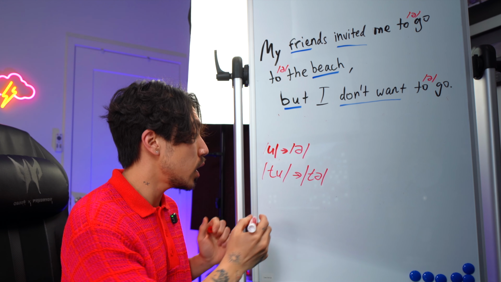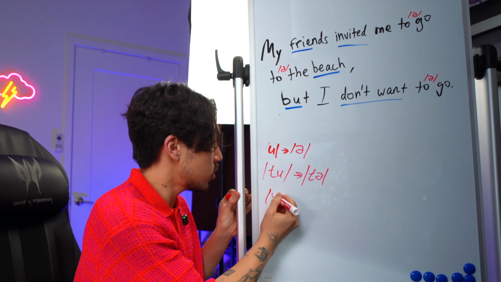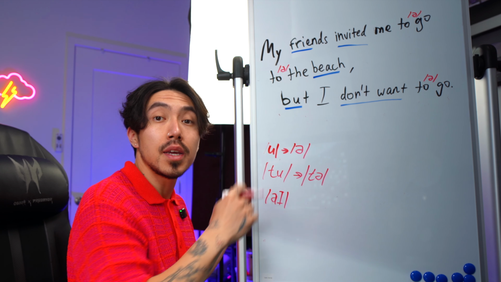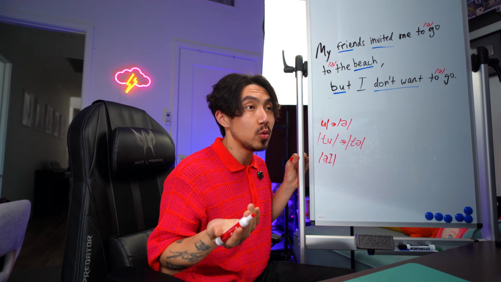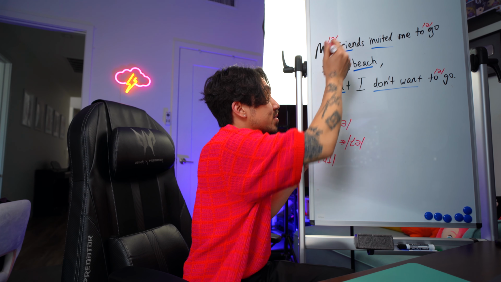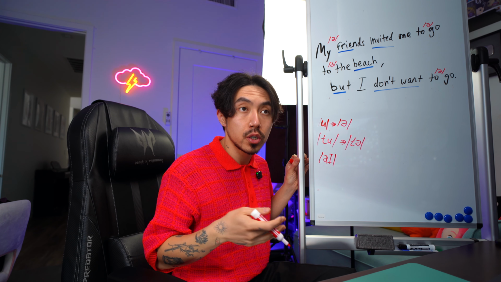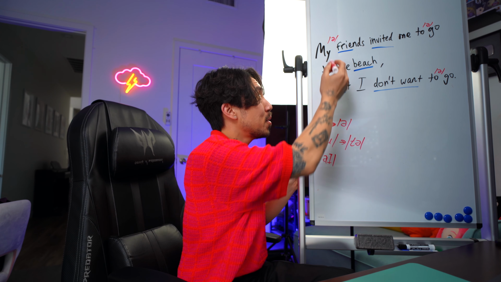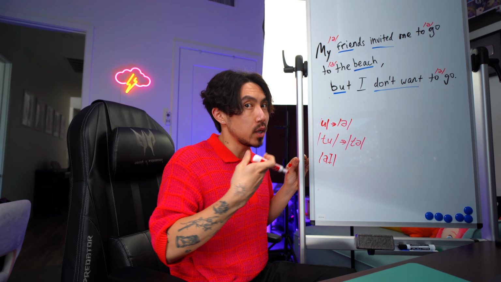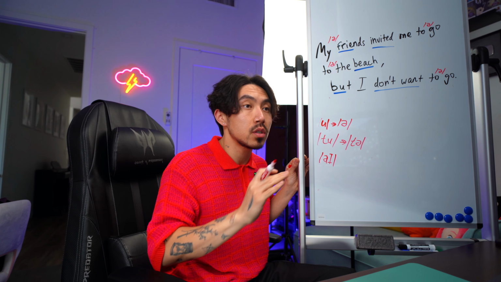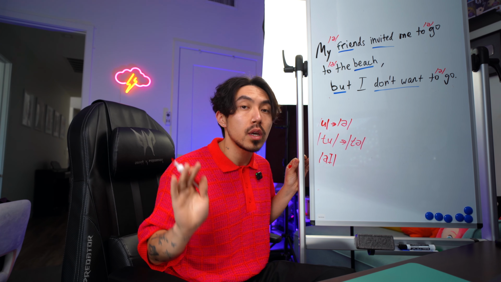Now, the next point is diphthongs, double sounds. We have one right here, and it's the I in my. So what we're going to do is, again, replace it with the schwa sound. Instead of saying my friends, we're just going to say muh friends. Because my, in this case, we decided is not an important word. Friends is, so we're going to just jump right over it as quickly as we can.